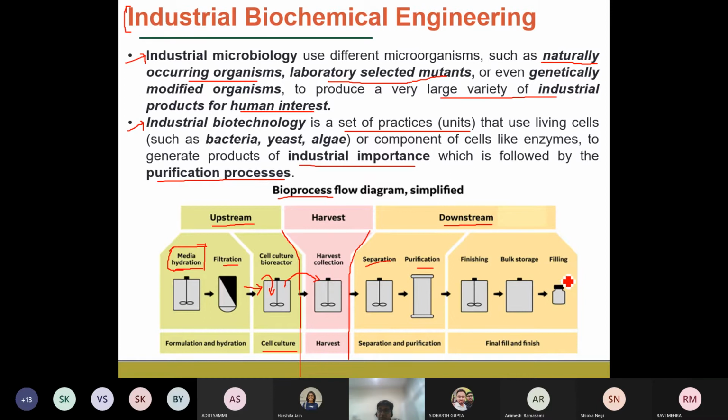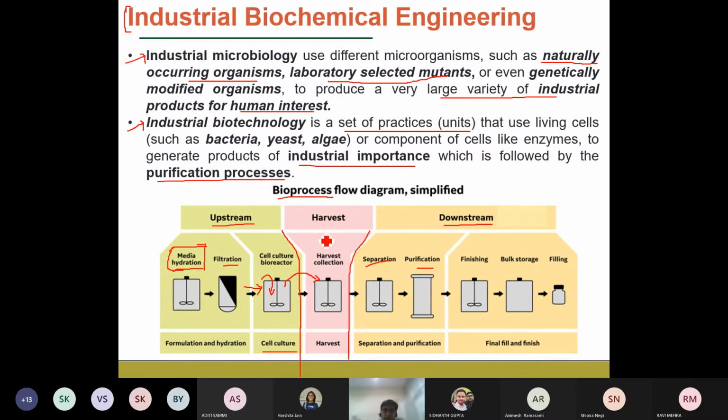If it is an industrial process, you have the product labeling, filling, and so on. So whatever these steps that we talked about, once your desired chemicals are produced, and then you are separating out, for example, the bacteria from the product, this all comes under the process called downstream processing.